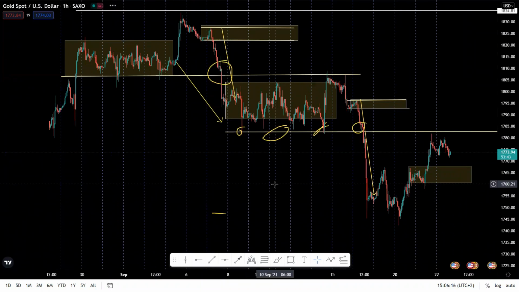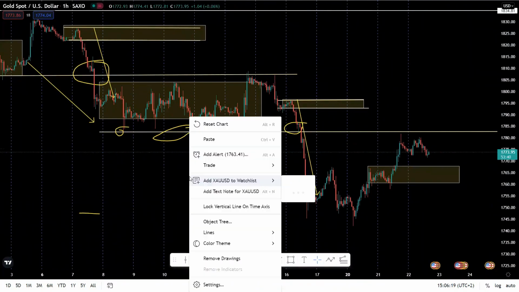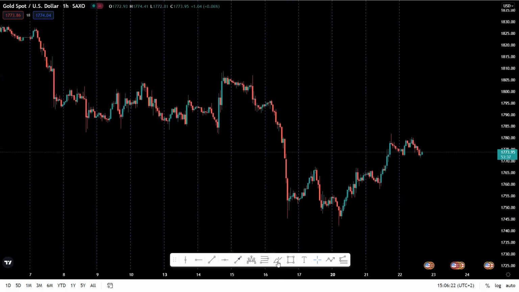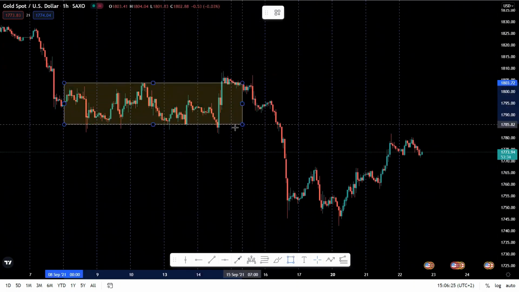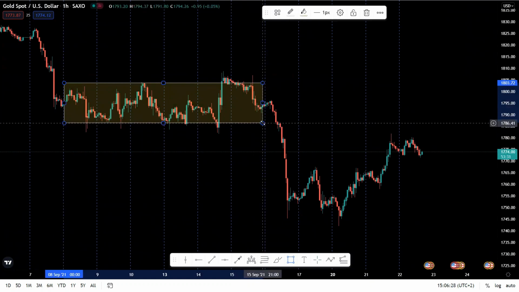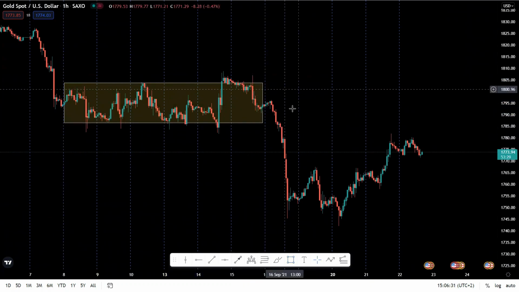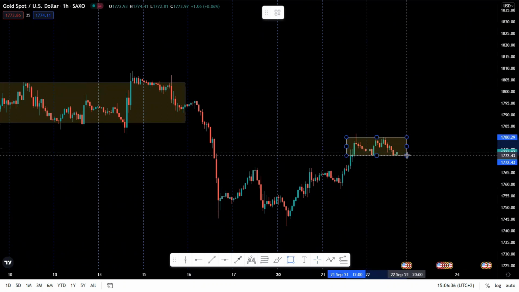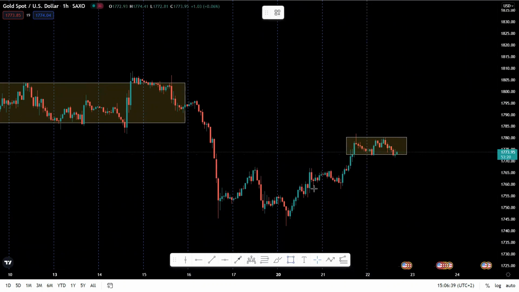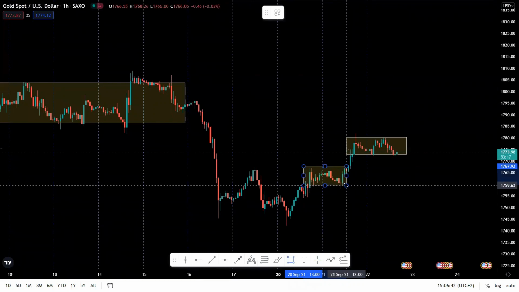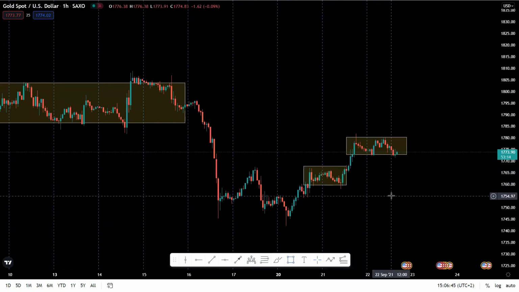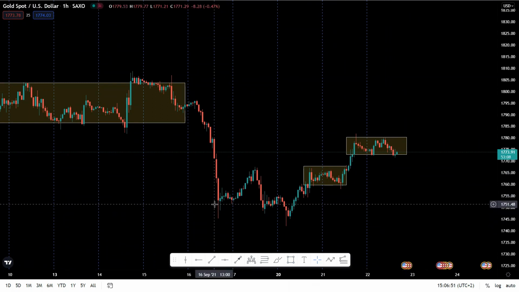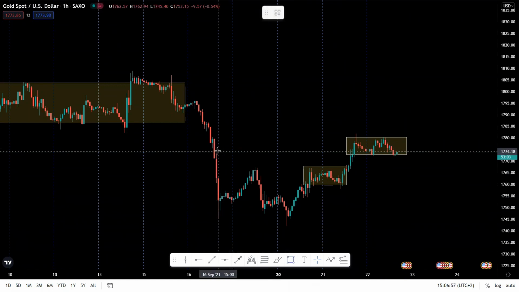Now, if you look carefully, let me delete this, the chart looks messy. All of these structures were broken, and you can even see that there was that order block. Currently, the market is here on this structure, and it is coming from down below going up. Where is the market going? That is the question. Now, understanding the market structure in combination with order blocks, you can tell,